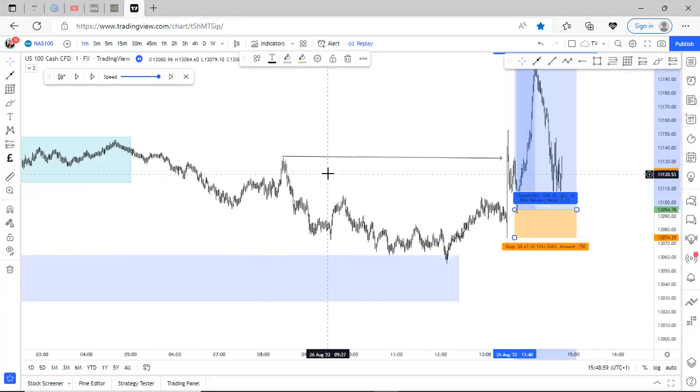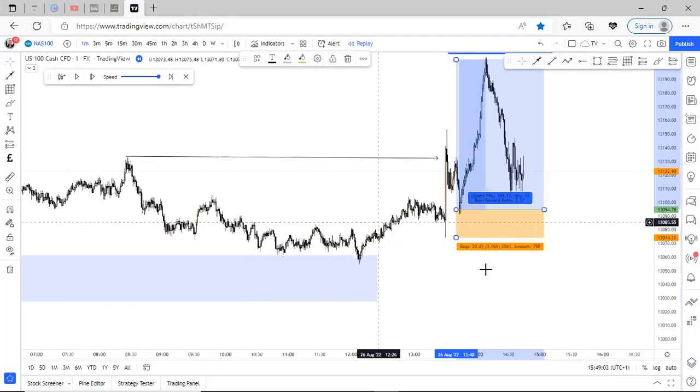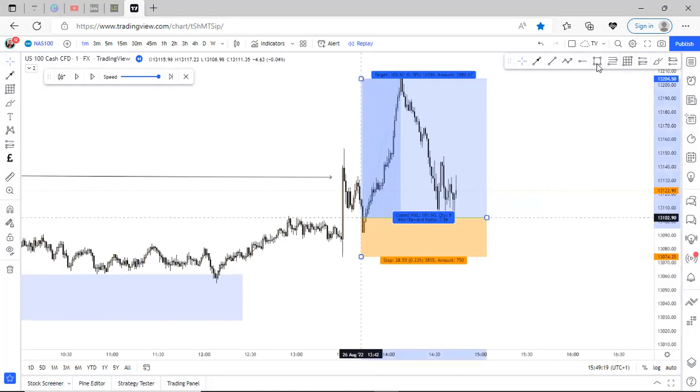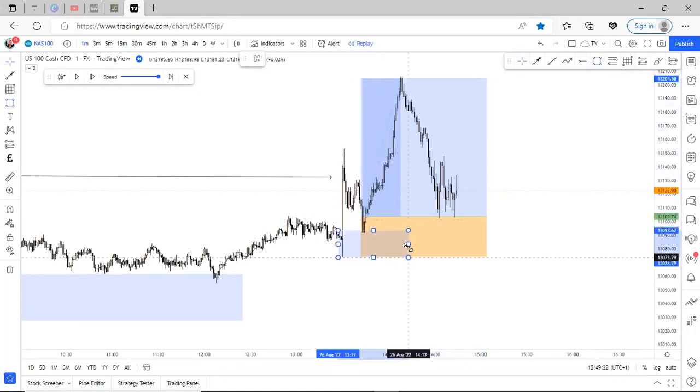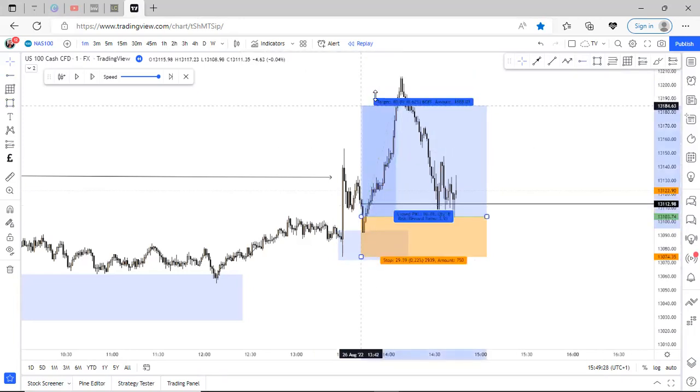But I did not use the lot size that I would normally use on my trades, because now I've had almost 4 losses already on those forex pairs. So I just did a small lot size, and as you can see, it went in profit, and I didn't get in exactly at this point right here. My entry was somewhere around this level, and I was able to get 84 pips from this buy.